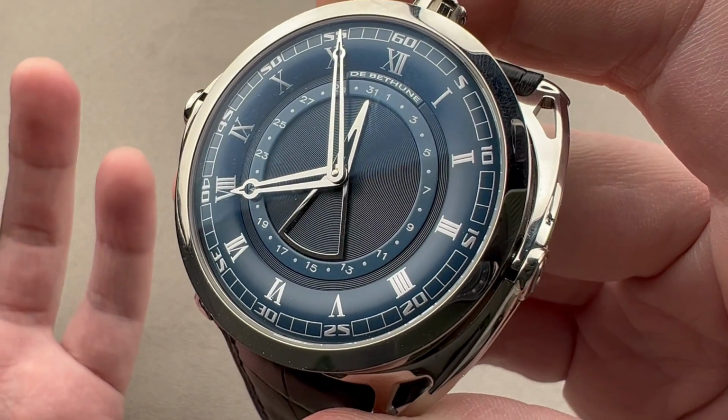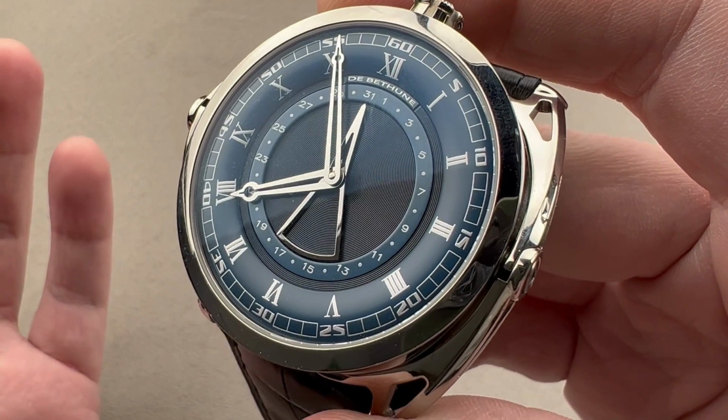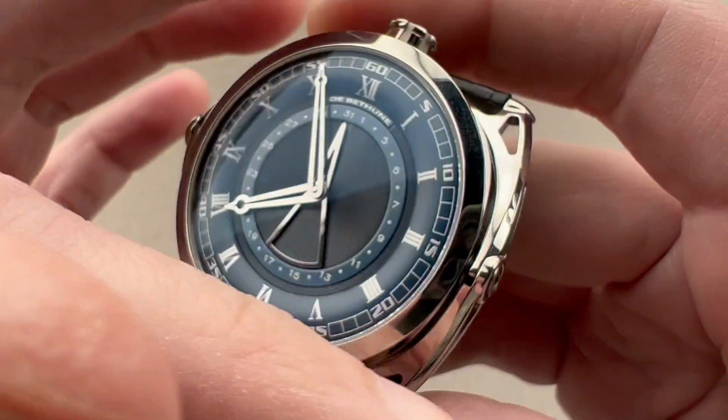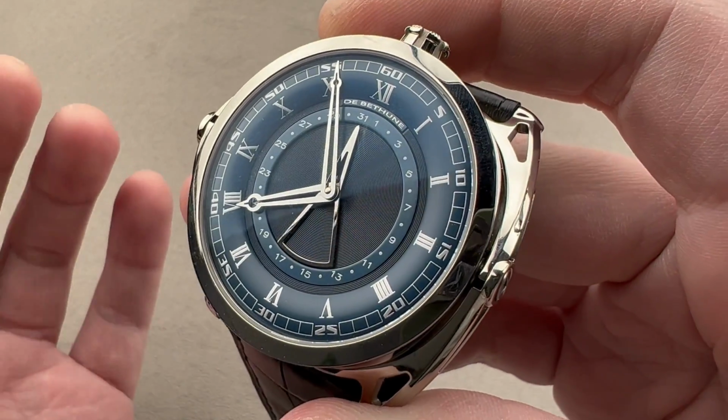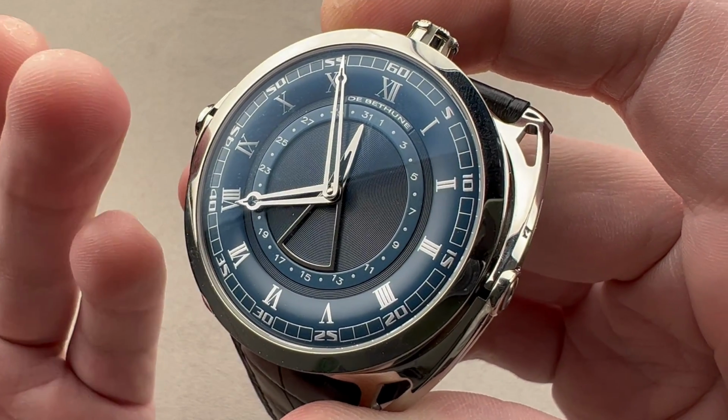First, in order to be able to control quality. Second, in order to be able to make really small runs. Suppliers don't want to hear that you need 9 dials. They want to hear you need 9,000 dials. So by making all the parts in-house, Bethune can keep the watches exclusive and also the variations relatively many and